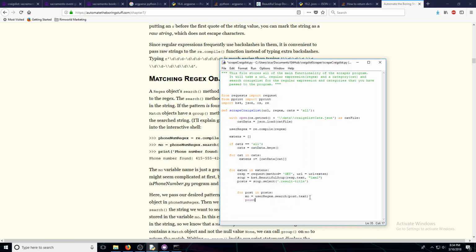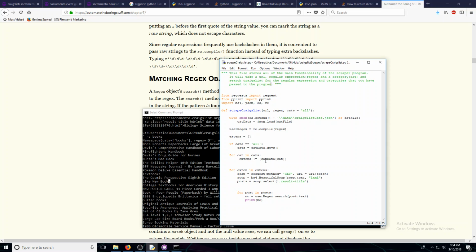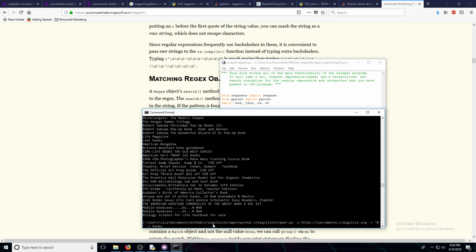I'm gonna do print info. Let's see what we got on that return from here. So let's say we just searched books in the regular expression that we're going to use. So we're going to say, okay, regular expression of